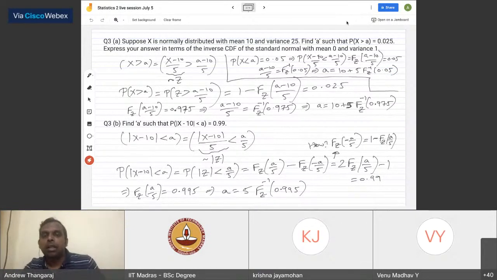Okay, so hopefully you got how to do this. It's not much more complicated than your previous calculations, except that you have to use this Fz inverse, and maybe that's a little bit misleading to people. So notice how I went from Fz of something being equal to 0.975 to that something being equal to the inverse function of that. So this is that inverse function. You have to be comfortable doing these kinds of things because this will happen quite often and it's quite important. Okay, I hope this is clear.